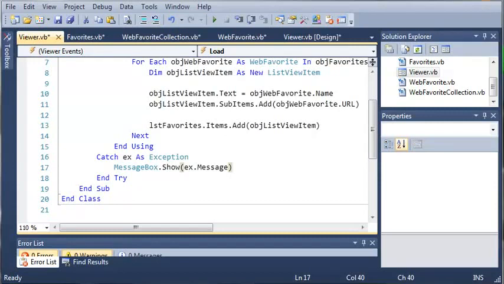Hello YouTube, Sam here from youtube.com/onlivegamer for the New Boston, and in this tutorial we're going to continue working on our favorites viewer program. Now this program, all of the credit goes to the authors of Beginning Microsoft Visual Basic